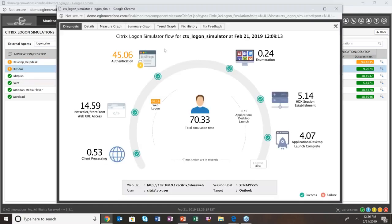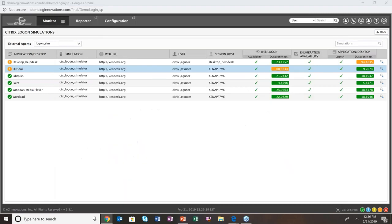Authentication is taking about 45 seconds. So you can see the different breakdowns. And this is logon simulation. So this is one methodology of looking at logon and establishing where the problems are, monitoring it 24/7, monitoring it from different perspectives. Now let's look at an example of a logon